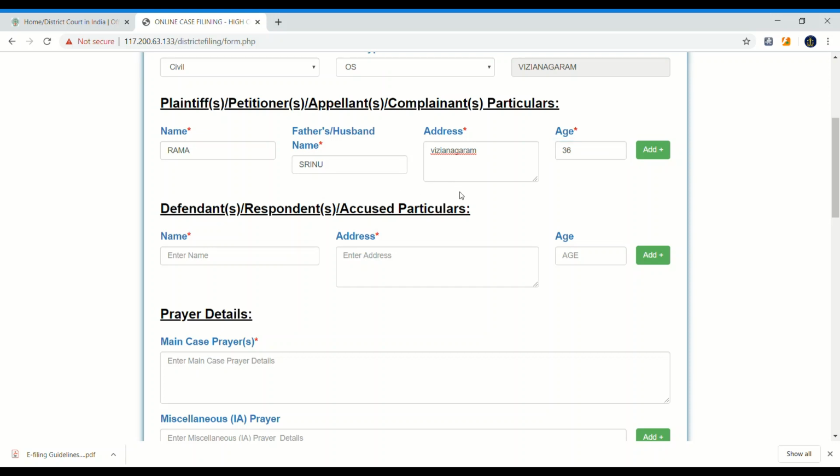So a single plaintiff and defendant. The defendant is Shiva, father name, and address of the defendant, Srungavarapakota, and age 42. Main case prayer. So the main case prayer is typed here.